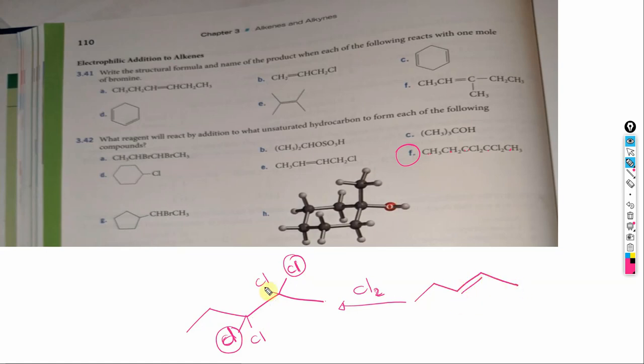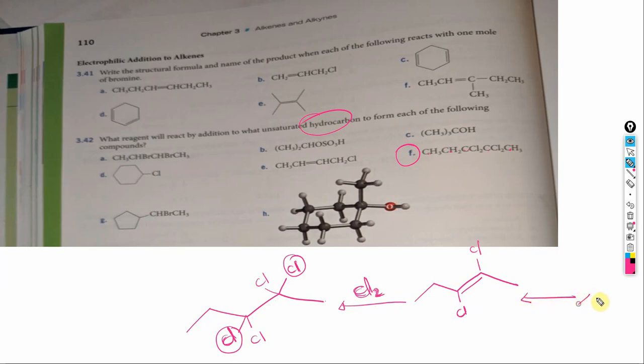Therefore, keep a double bond. But then these are not hydrogens, these are chlorines as well. So this is the alkene you would start with. When you react this dichloroalkene with Cl2, you will get the product. Now, as the problem says, you have to start with a hydrocarbon, which means you would start with an alkyne,